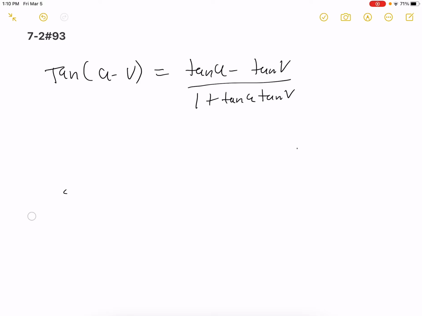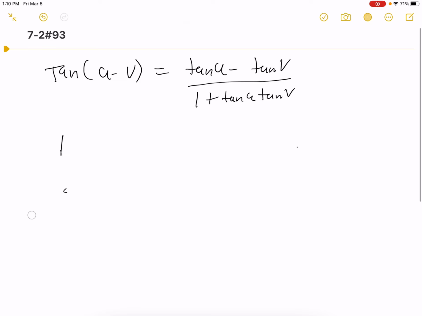Okay, we're in this problem. We're trying to basically derive this identity. So we have tangent of u minus v equals tangent u minus tangent v over 1 plus tangent u tangent v. And in doing this, we are told to use the sum and difference formulas, really the difference formulas for sine and cosine. So if we have tangent of u minus v,